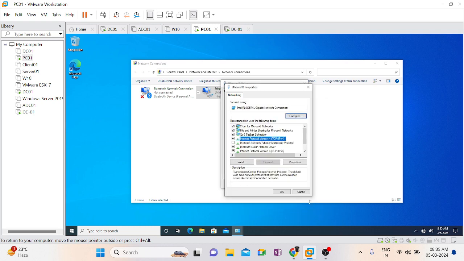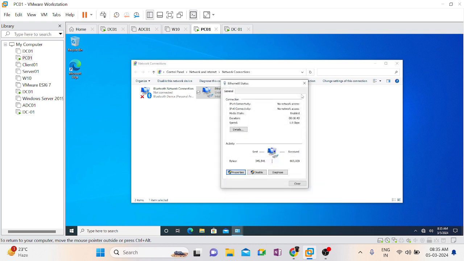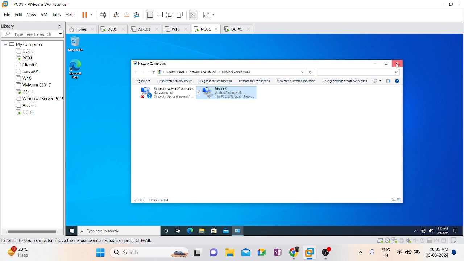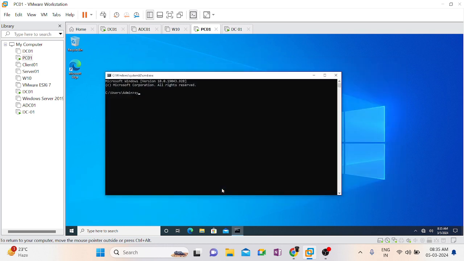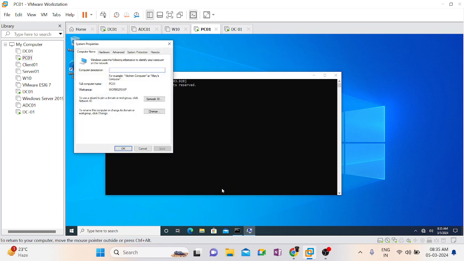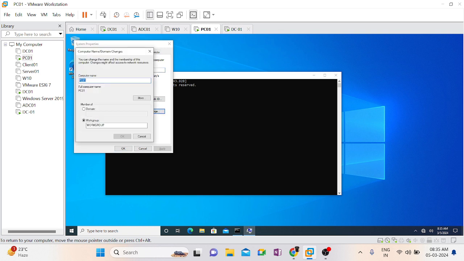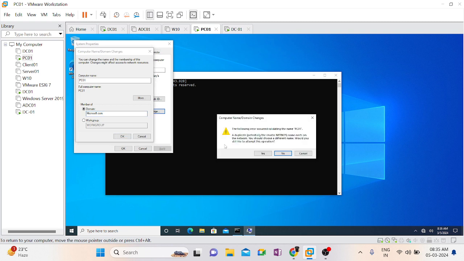Now I don't add it, let me close this. I'll show you whether it will happen or not. Go to the command prompt, type a command called sysdm.cpl. The same renaming option now, but here click on change. Now instead of computer name, select workgroup and domain here. Domain, add microsoft.com. If you click on OK, click on yes,